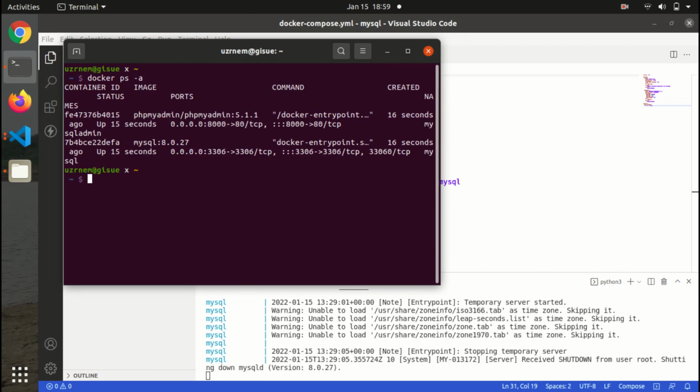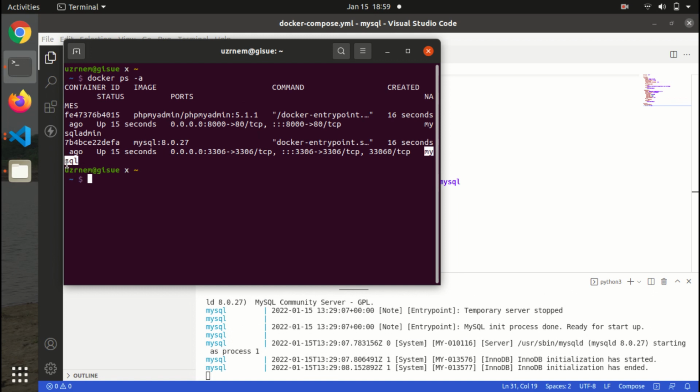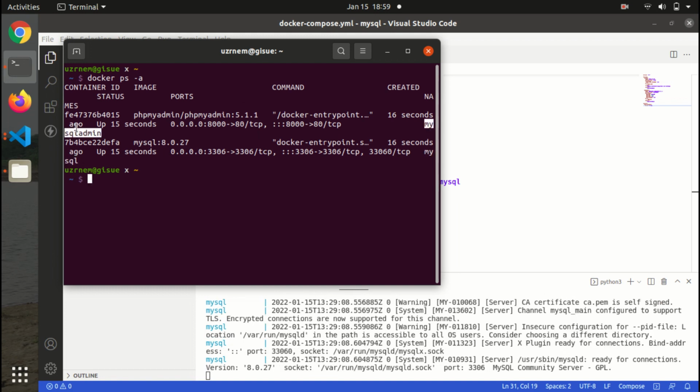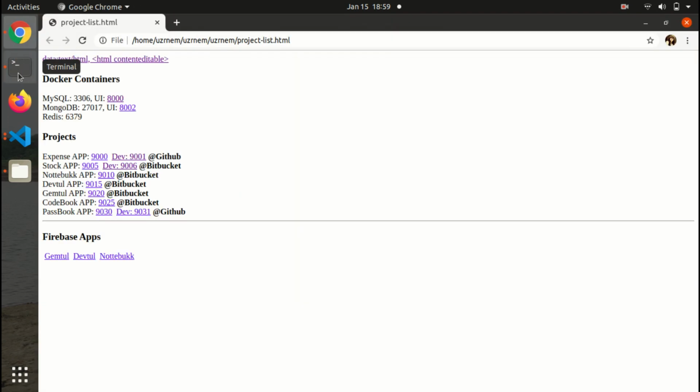As we can see, containers are created. And we can access phpMyAdmin in the browser.